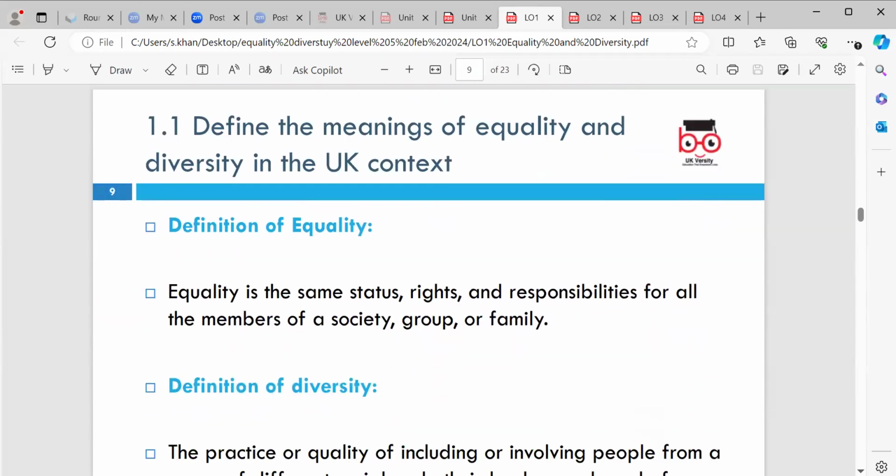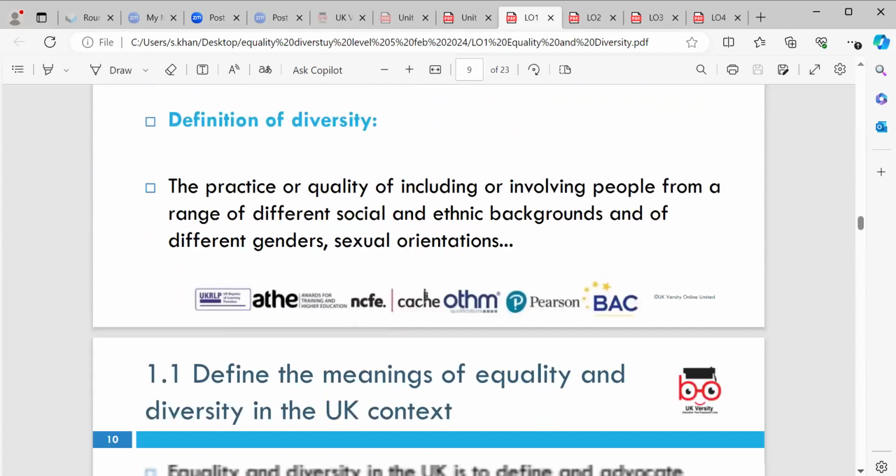We then looked at 1.1, which was to define the meanings of equality and diversity in the UK, and that is one part of your assignment as well, which we'll look at when we're doing the assignment area. So you cover one element of it in that. We then went to look at